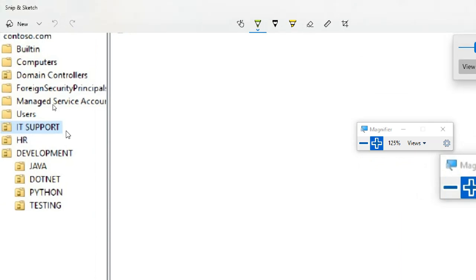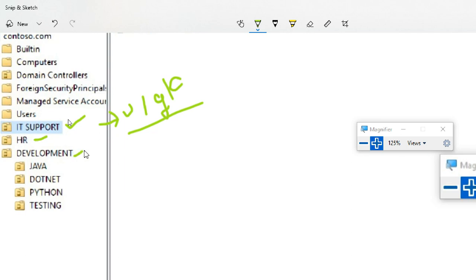See here, so an OU contains data. So what data is there in an OU? You can put users, groups, and also computers. Also, you can put a computer. It is in a default folder, but you can put it in an OU. So these are users, groups, and computers you can put in an OU.